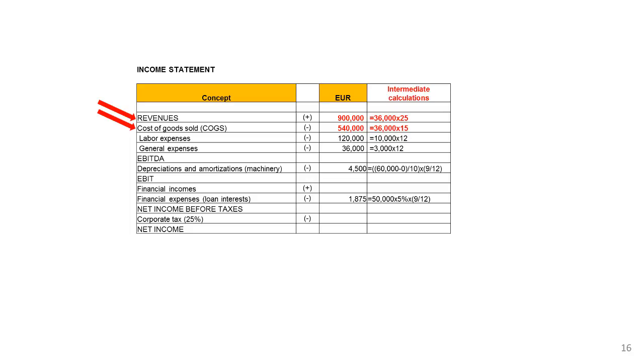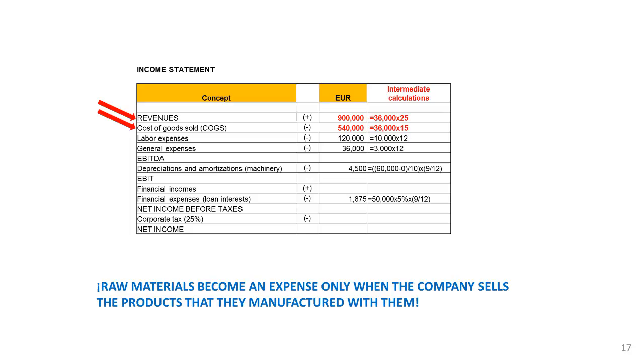The income statement now reflects both the revenue and the cost of goods sold. As usual, intermediate calculations are sound. The cost of raw materials was an asset until those were sold. This expense should only be recognized when Copen transfers the ownership of those goods, that's to say, when Copen sells the goods. That's why the company's value does not decrease until they sell those products, since the value of the purchased products equals